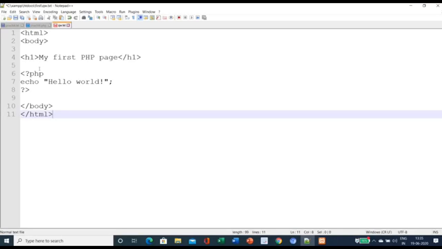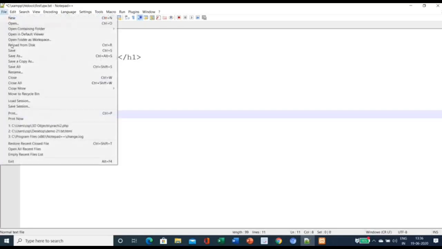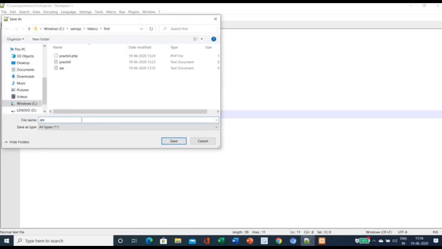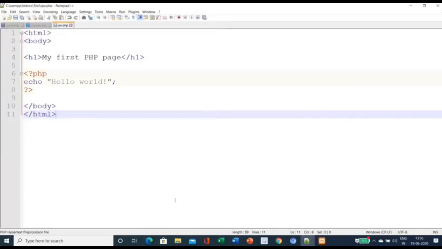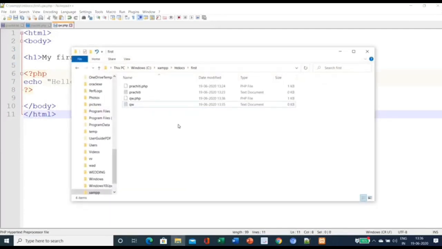Here I have written some HTML code. You can see the same HTML tags like the body tag and h1 for heading. Within this, I have written a small PHP script to print hello world. In the same way, save this file with the .php extension. Then you can see the qw.php file.